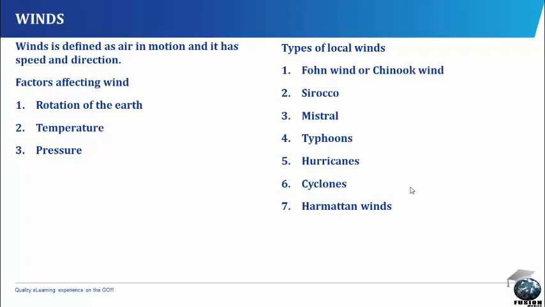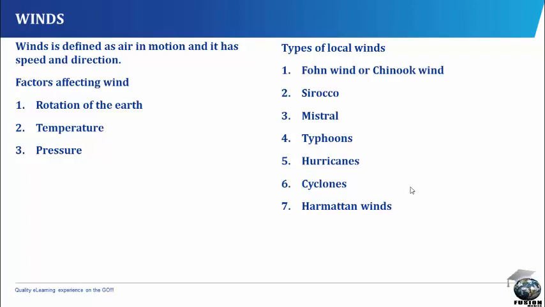2. Temperature. It is also known that high temperature creates low pressure in areas where such temperature occurs. 3. Pressure. Owing to differences in temperature in various areas, which either create high pressure belts or low pressure belts, winds therefore tend to blow from the high pressure belt to the low pressure belt. Types of local winds include: